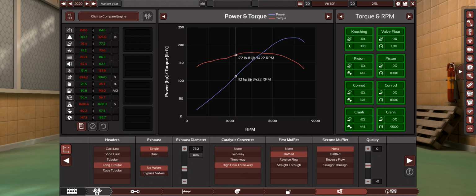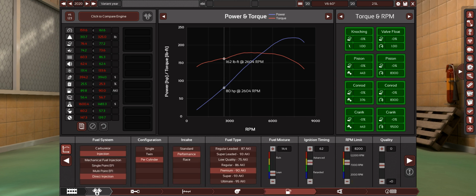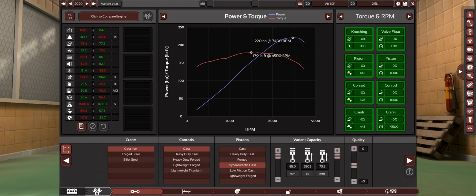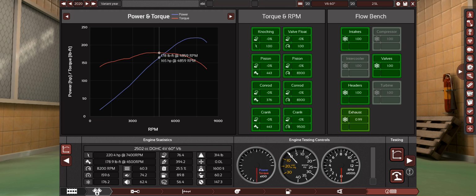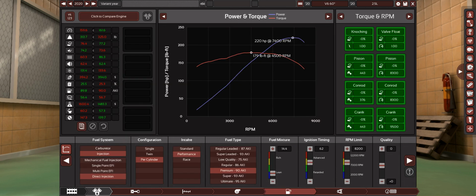They could use a bit of tuning if I was to use this in a production engine, but it's just a test bed, so it doesn't make too big a difference. You can see everything else here is just the same, and there you are. So you're not going to see a huge difference between most of these engines' torque curves